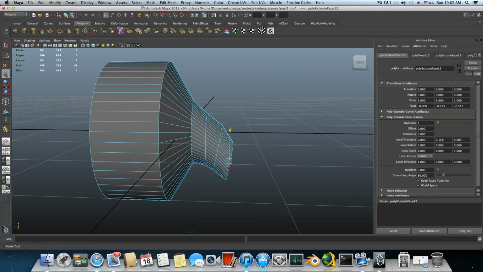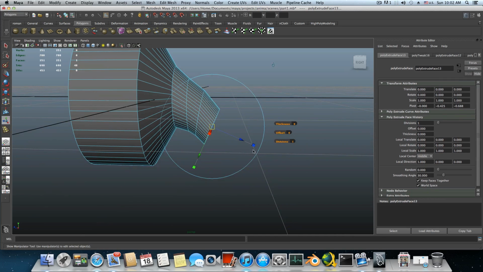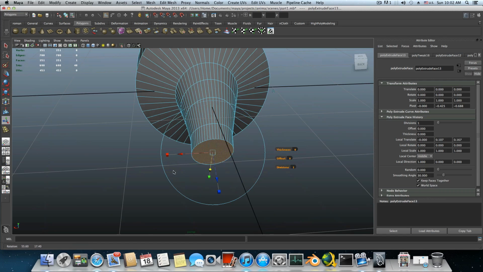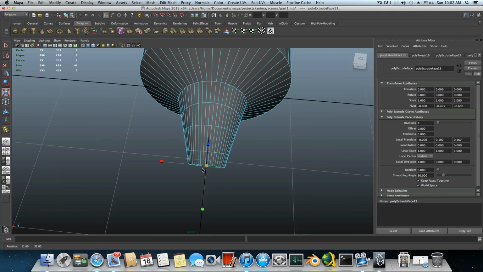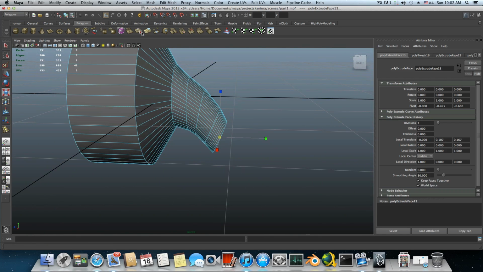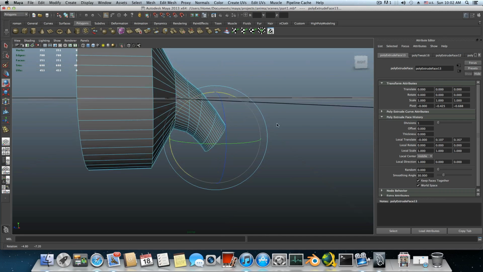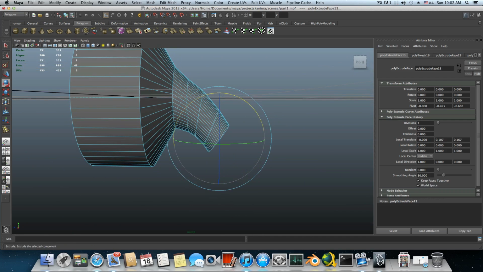No, I will just rotate it a bit more. Okay, now we will extrude again, bring it down like so, switch to scale tool, and add a little bit more rotation here. Okay, so again, down,